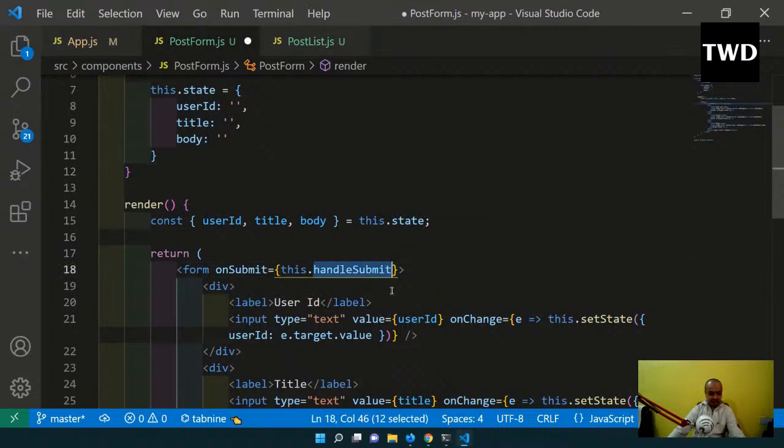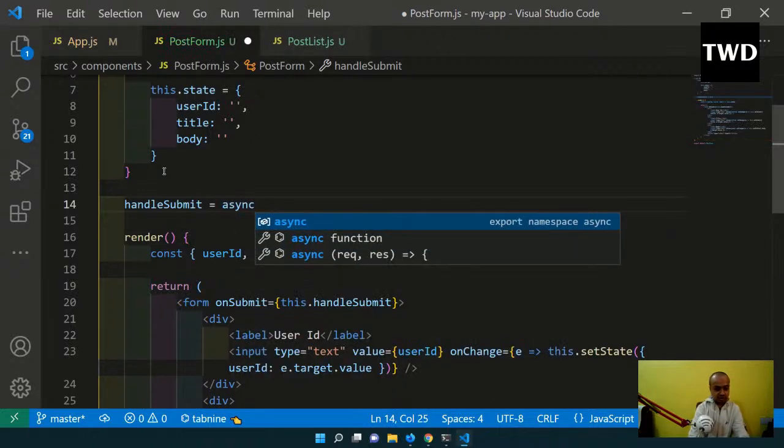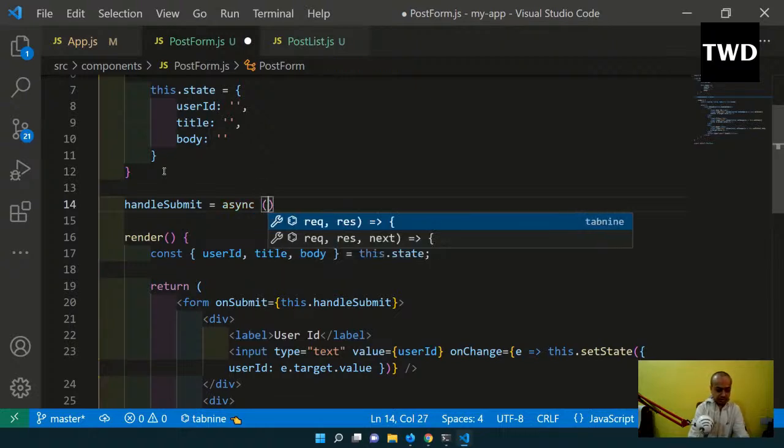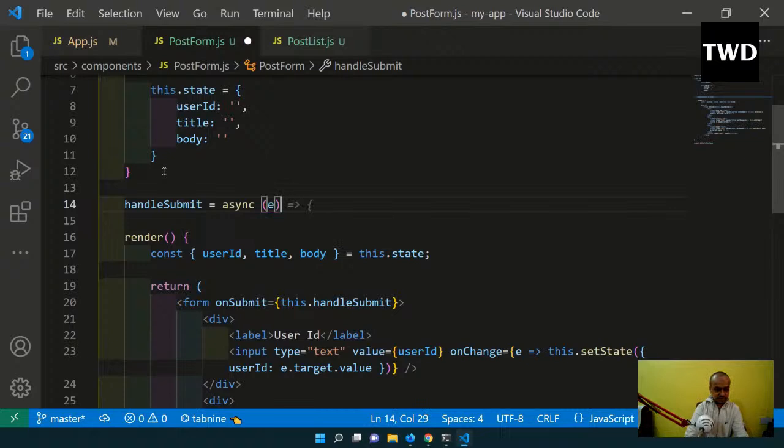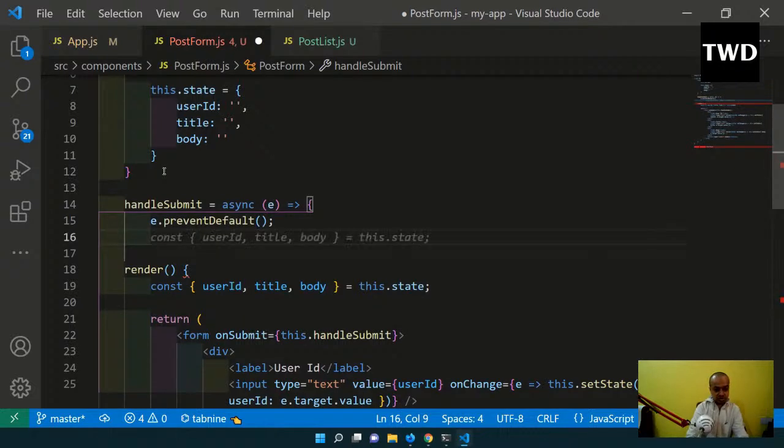We already have done more than 1 hour. Okay, so handleSubmit I'll do. handleSubmit equal to, we have to do async here, because anyways we are going to use the await. So we are going to do async here, and then the e, and then first thing we have to do is e.preventDefault. e.preventDefault, we always do this, and it is required. And then the const